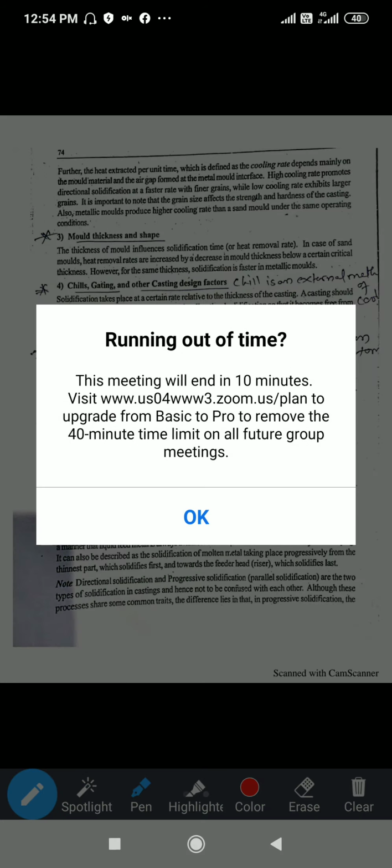Okay. Now next we will see the progressive solidification. The directional solidification can be described as the solidification of the molten metal taking place in such a manner that the liquid feed metal is always available for the portion of the metal that has just solidified. Okay. So, see, the directional solidification, what they are telling, can be described as the solidification of the molten metal taking place in such a manner that the liquid feed metal is always available for the portion of the metal just